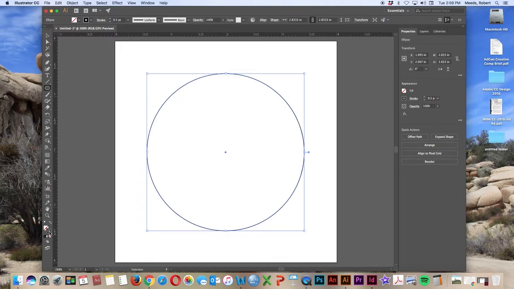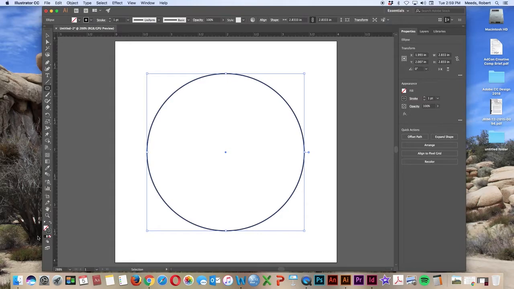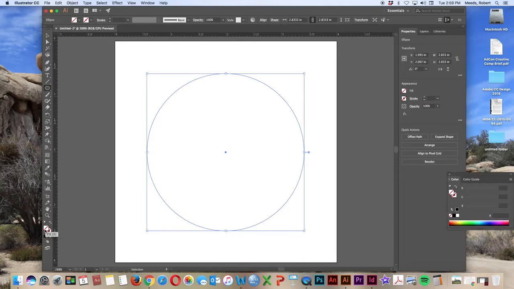And the one on the lower right is for the stroke, the one on the upper left is for the fill. I can toggle those back and forth, or I can just select from these options in here. So if I want no stroke, I click there. Now if I want fill, what I want to do is click on that fill square to bring it to the front, and then now I can